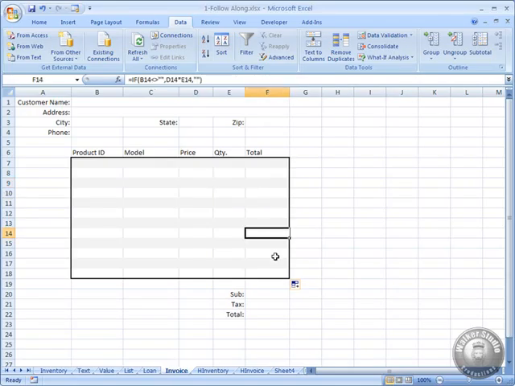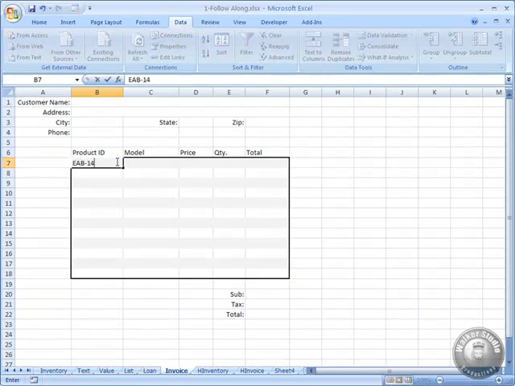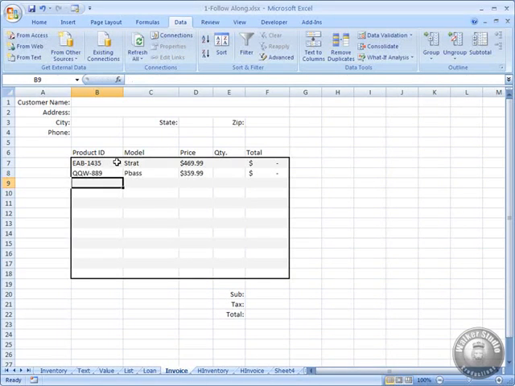So all of these cells now are populated with the formulas, but none of them are going to show anything unless there is a value in the corresponding column B. So now what we've got is, let's do EAB again, 1435. Great. And we've got